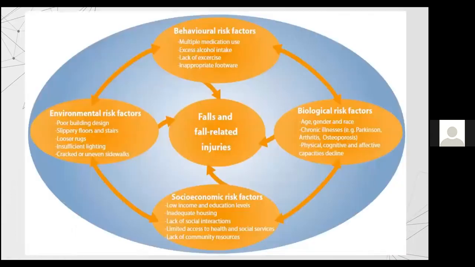So if your patient is 75-year-old and you are discussing the pathology, you have to also consider certain things like biological risk factors, like the age of the patient, the gender of the patient, the race of the patient. Does he have arthritis? Does he have osteoporosis? Does he have cognitive dysfunction? Cognitive dysfunction is very hard to improve. Very hard. It is very hard to give vestibular rehab training to these kinds of patients.